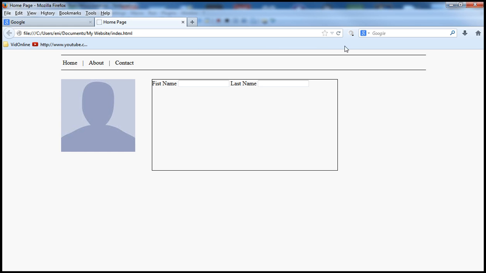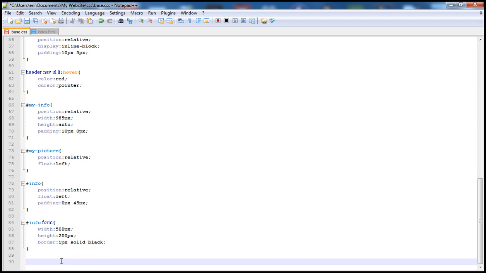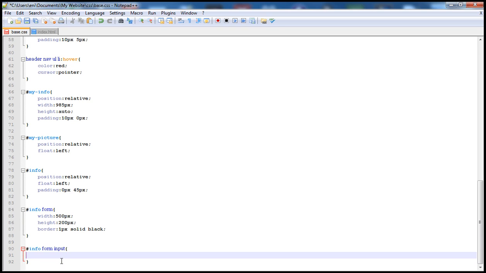So let's set it to 200 and rerun it, and you see it adjust to the same size as our image. And you guys can adjust it to the same size as the height of your image. Okay, now let's go back into our style sheet, and under this I'm going to type pound info, which is our section, form, and then within the form we have input. So what I want in our inputs, first of all, I'm going to set the position relative to the form,